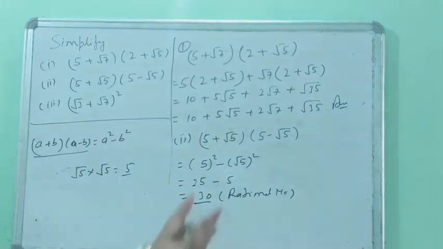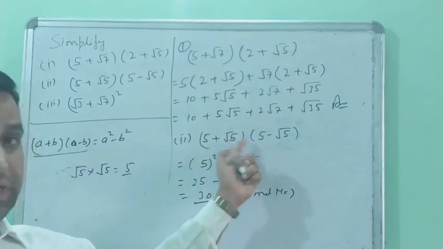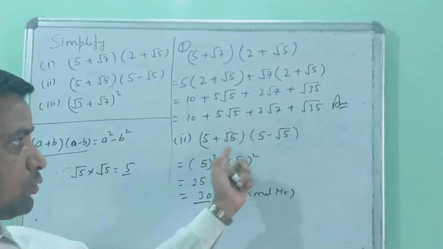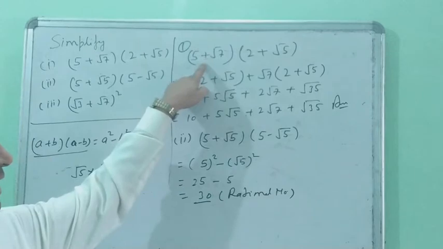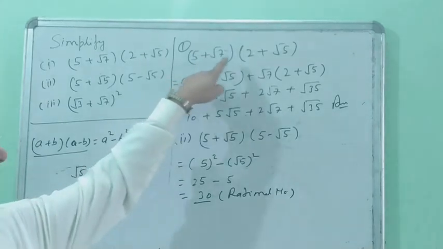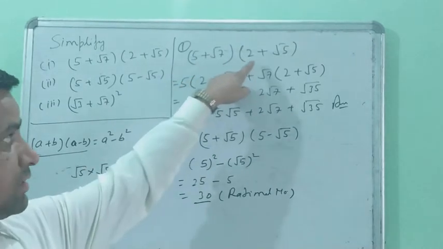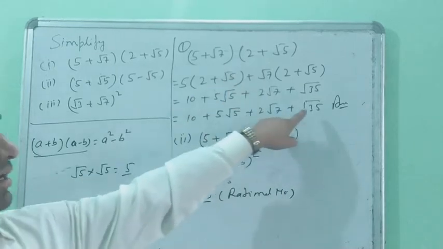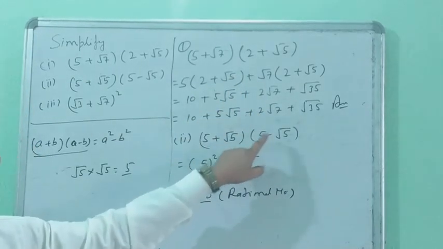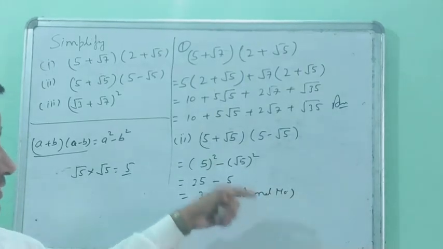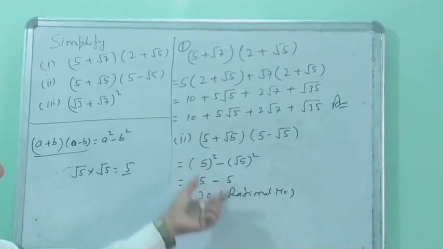What is the result that comes here? You are multiplying two irrational numbers. Sometimes when you multiply two irrational numbers, the result comes out rational. Here, multiplying irrational numbers, the result comes out irrational. Same thing, you are multiplying irrational numbers, but the result will be a rational number. So this depends on the question.